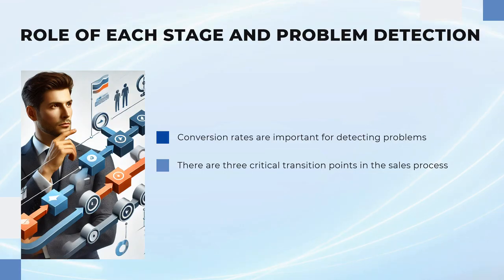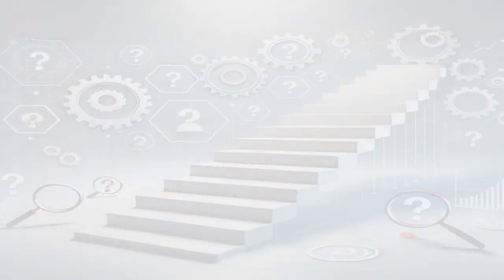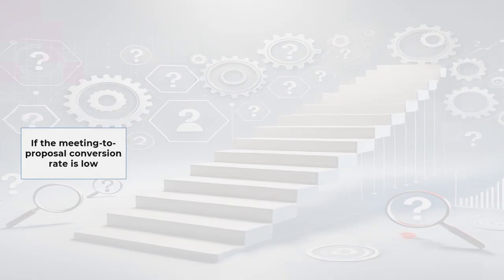During the transition from opportunity to meeting, if your meeting conversion rate is low despite creating strong opportunity lists, this typically indicates that your cold outreach strategies need improvement. In the transition phase from meeting to proposal, if meetings go well but price quote requests are low, you might